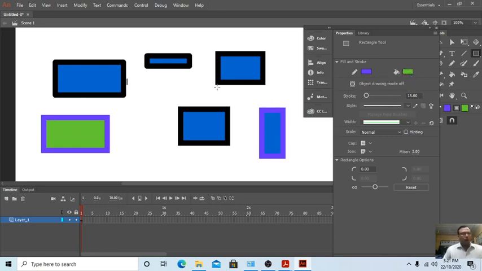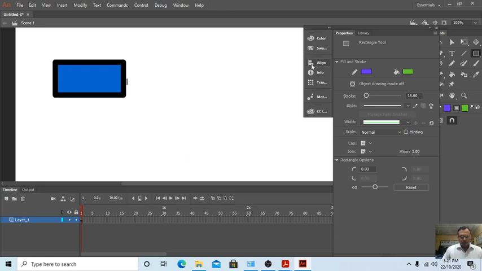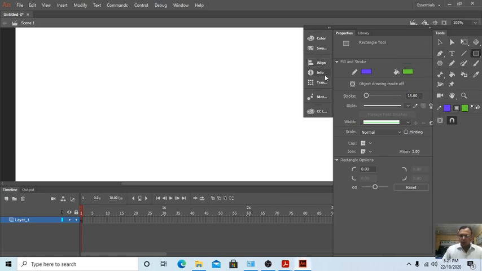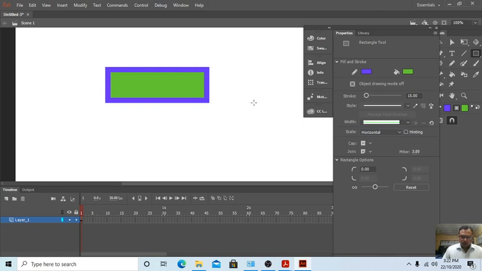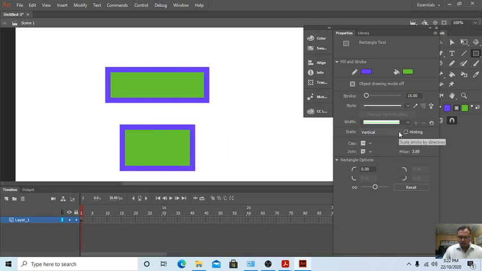Students, this is how we can draw with the rectangle tool. So this way we can do. Again, I am showing you, students, what we have done. So you know we have done the Control Z. Again, I am telling the same thing. Rectangle tool. We will select fill and stroke color, stroke style, width, scale. This is normal, horizontal. Okay. If you are doing vertical, this is vertical form. None.